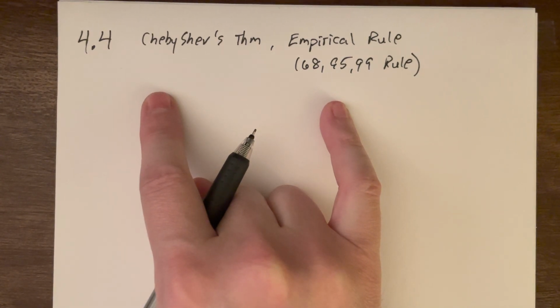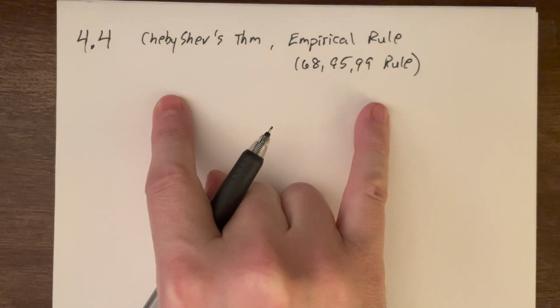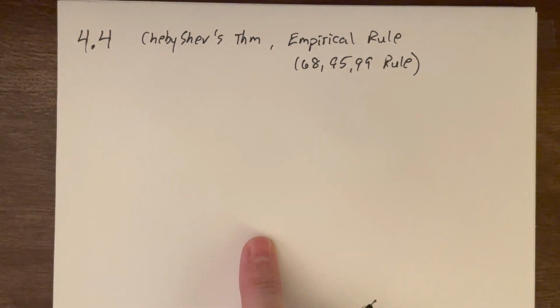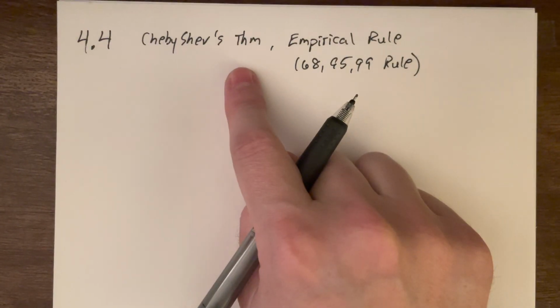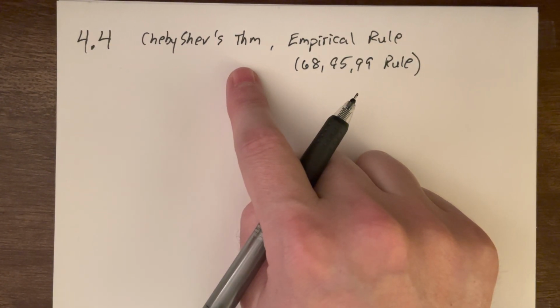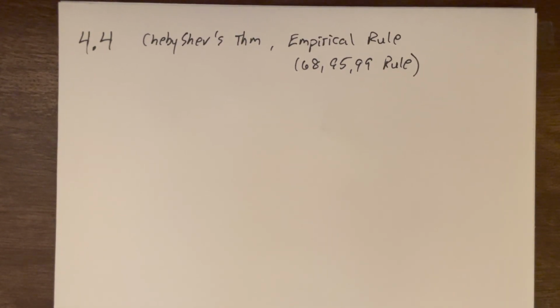But what's frustrating for some students is that there's a lot of numbers going around. When we're looking at these two, the theorem or the rule, we're already looking at numerical data sets. And then in those numerical data sets, we're putting those data sets in order. And then we're talking about the percentages of data. So we're already looking at numerical data, and then we're talking about percentages. So there's just a lot of numbers that can get thrown around, and again, can just be a little confusing. So be very clear as we're moving through.